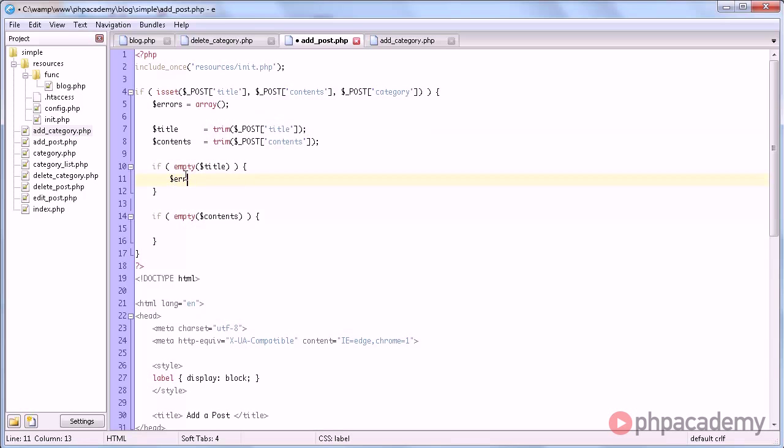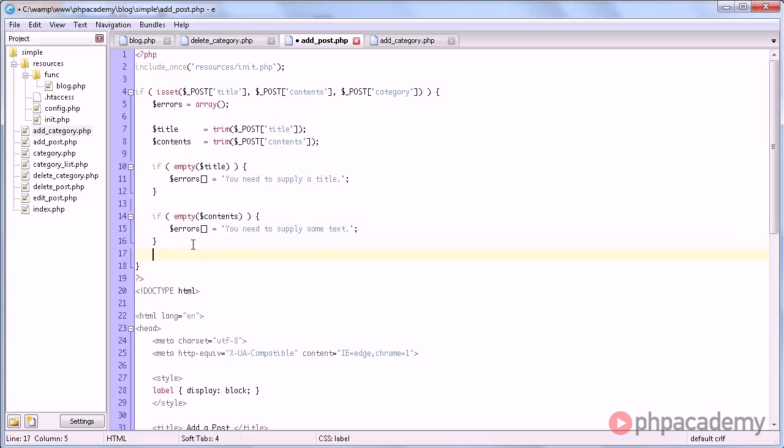In here we're going to say if no title was actually submitted, add this error to the errors array. And the error can be anything you want. I'll just go with you need to supply a title. Very simple. And we do the same thing for the contents. You need to supply some text.